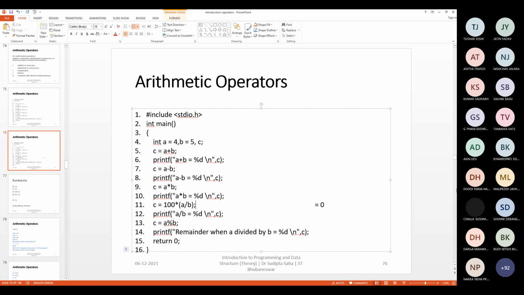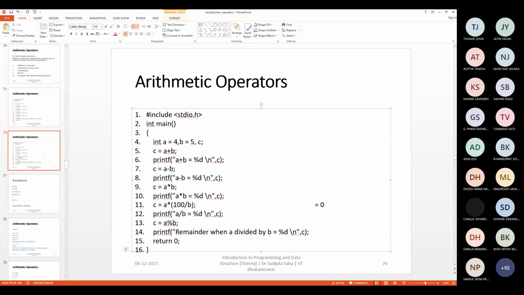If you divide 100 by b in the 11th line, the same formula is defined by 100 by b, and then multiply it with a. So you are writing this formula basically, right? The same formula you are writing in a rearranged way.